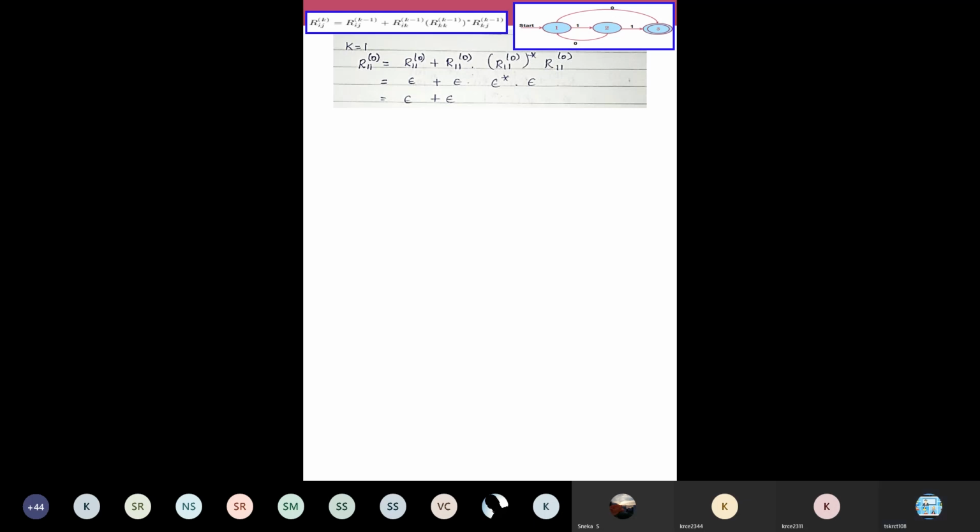Once again, now what we shall do, epsilon plus epsilon, it means union. Okay, this or that. When you're having a plus, don't see it as mathematics. Here it is union of two symbols, either this epsilon or this epsilon. So you can minimize it as a single epsilon. Okay, either this or that. So R11 of 1 is epsilon. Okay, in the left hand side, you write R11 of 1.